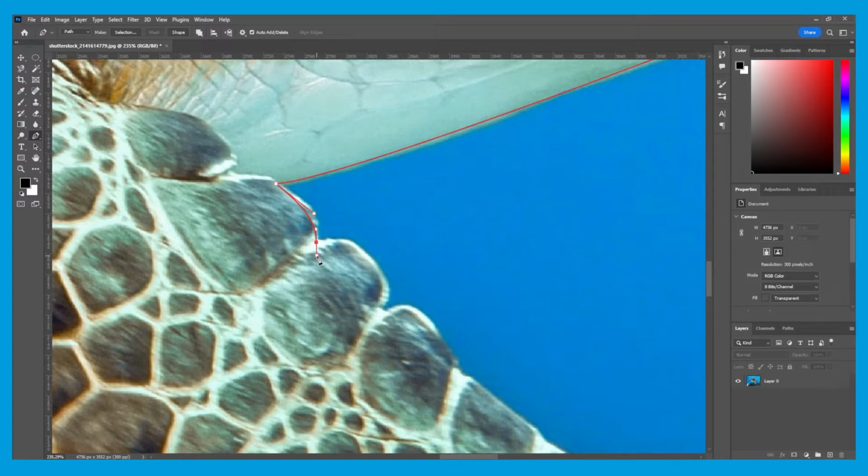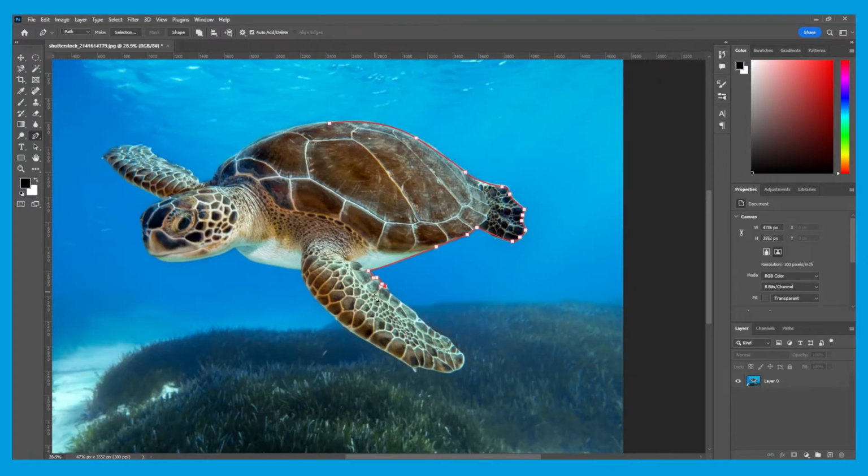I can move the anchor point like this, or I can actually hold Alt or Option and click on the anchor point itself. This will move that direction point on this side, the one that will be going forward, and reset the anchor point curve. As you can see, you don't get a preview.